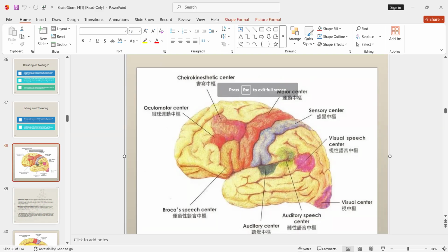Then the sensory motor cortex. The sensory cortex